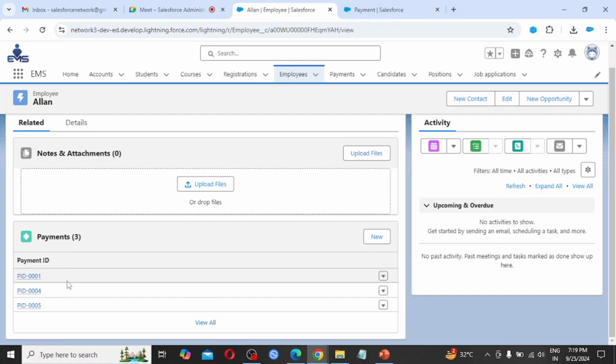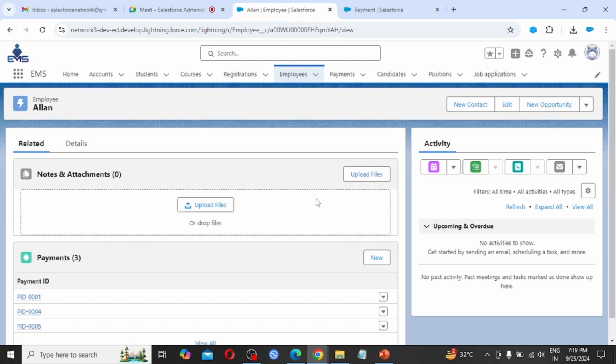For this kind of operation, if a master detail relationship is already established, then by creating the roll-up summary field, we can easily calculate this. So let's see how we are going to do this.